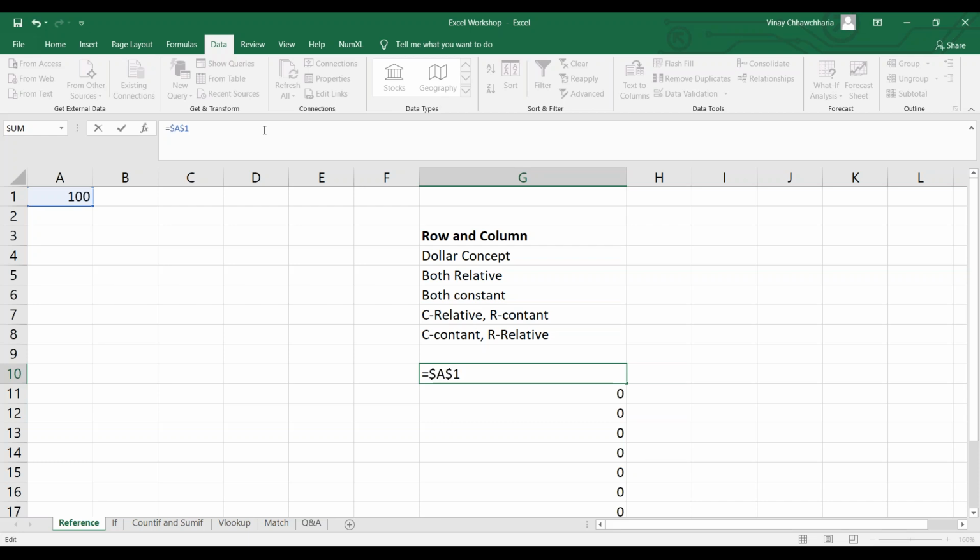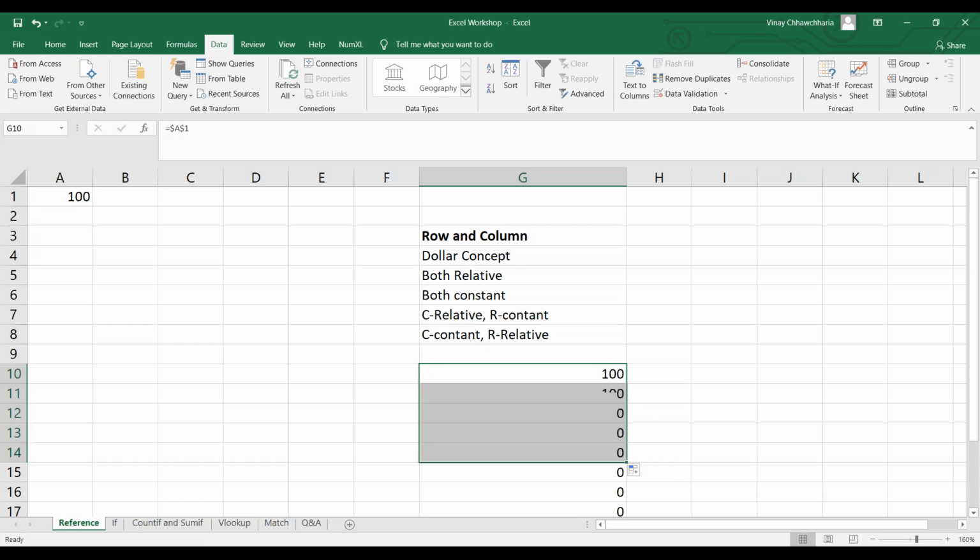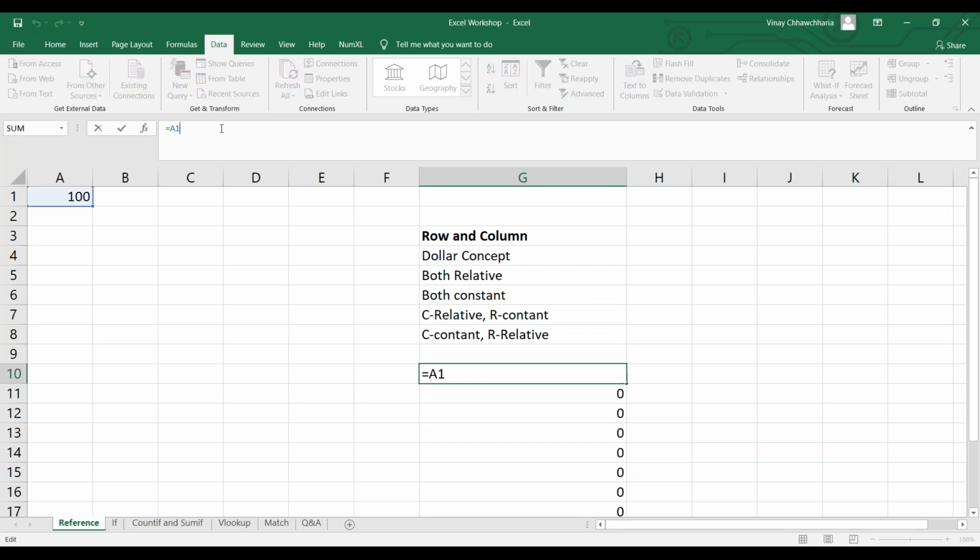If I press F4 once, both dollars appear. I can press enter, and as in the previous case, everywhere only $A$1 will come. Going back again to the normal scenario, A1.